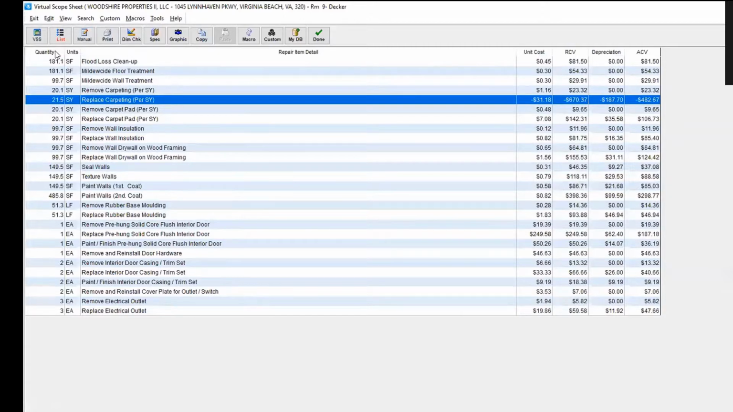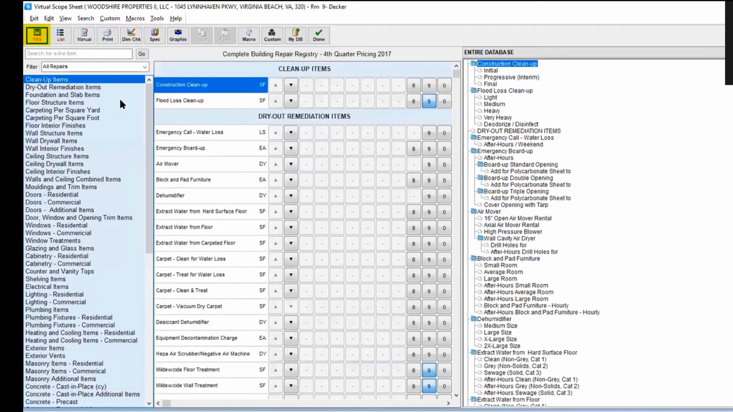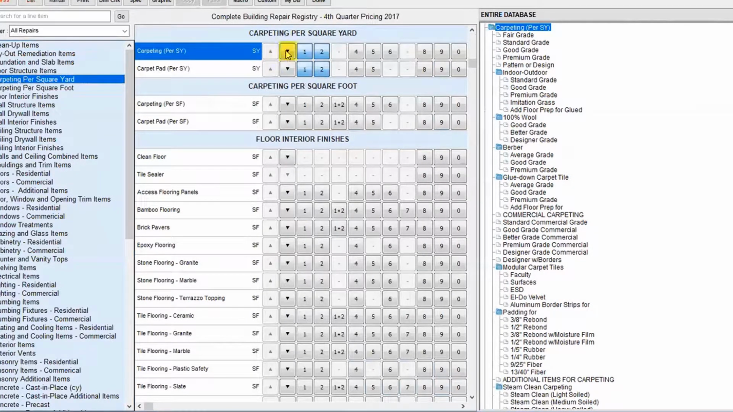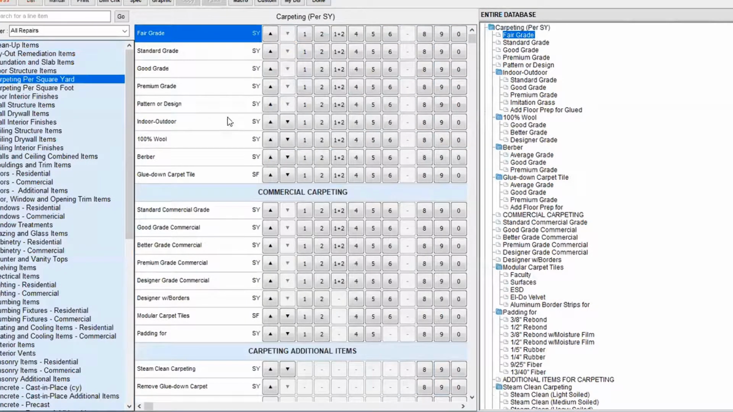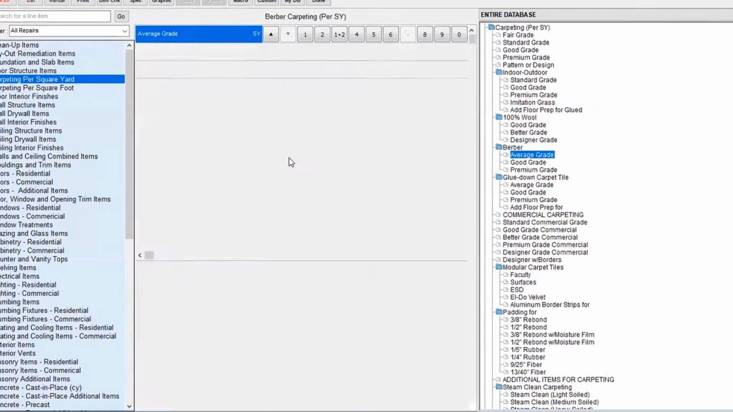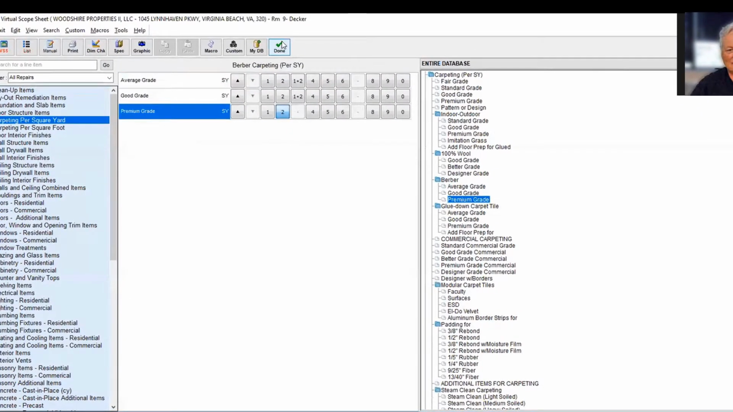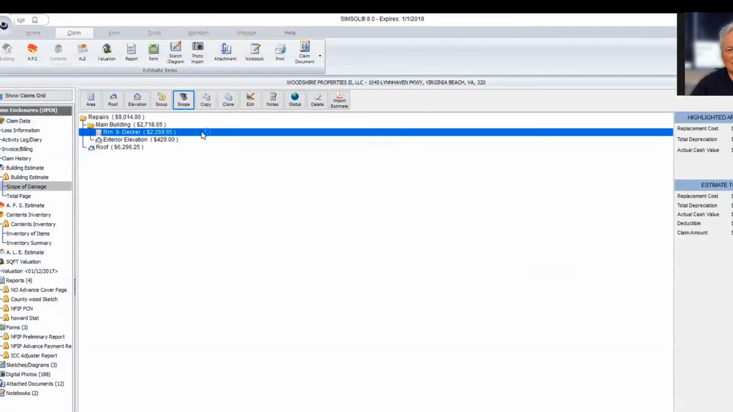Then from there, I'm going to add my Berber carpeting. Okay, so I'm going to come down here to carpeting per square yard. I'm going to come in and leave that 2 there because I still have to remember to account for the original one. So as I come down to Berber, select it, go down to premium grade, I am then going to do the installation of the Berber carpeting. Now, once I have that done,